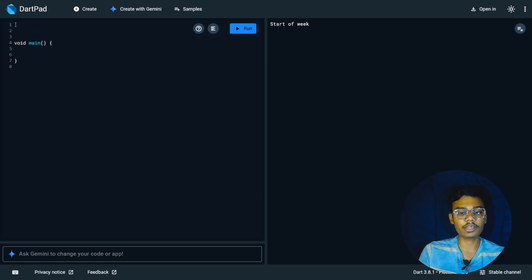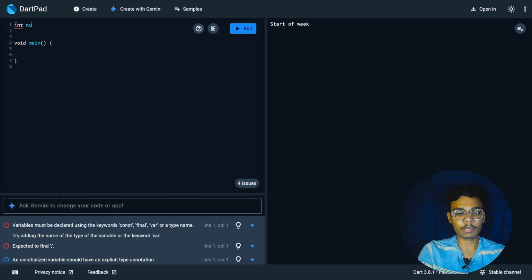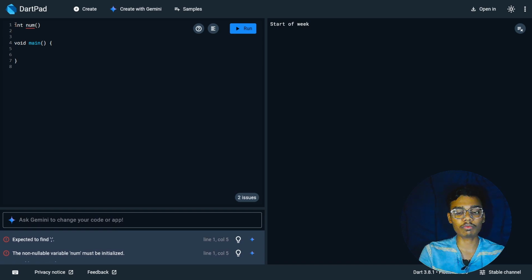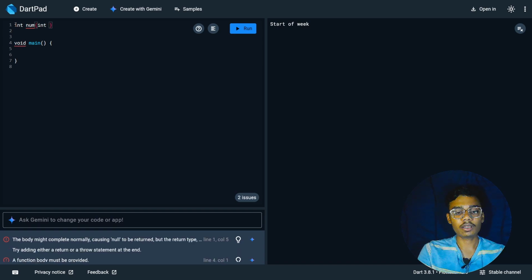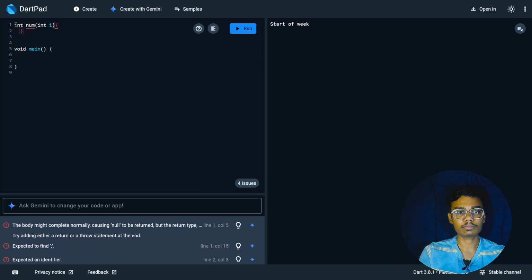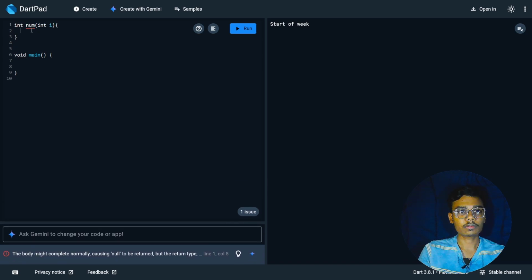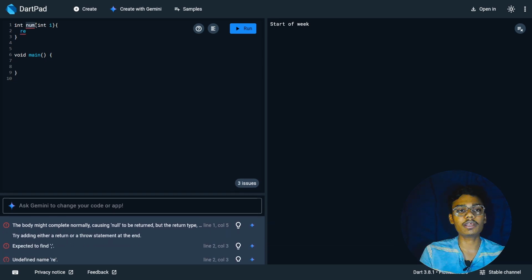We are going to declare int type function int, and then we are going to declare int num, and इसके अंदर हम पैरामीटर पास करेंगे जैसे कि int i, एक int i पास हो रहा है। ये जो होता है वो डेटा टाइप होता है कि ये फंक्शन क्या रिटर्न करने वाला है, किस डेटा टाइप की वैल्यू रिटर्न करने वाला है। सो अगर यहाँ पर हम लोग स्ट्रिंग देते हैं तो हमें रिटर्न में स्ट्रिंग देना पड़ेगा।